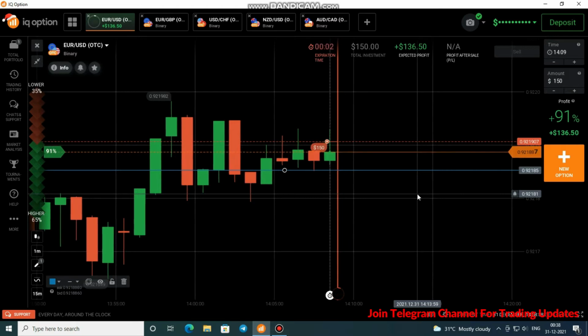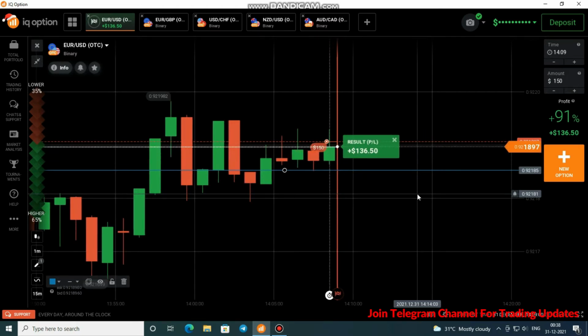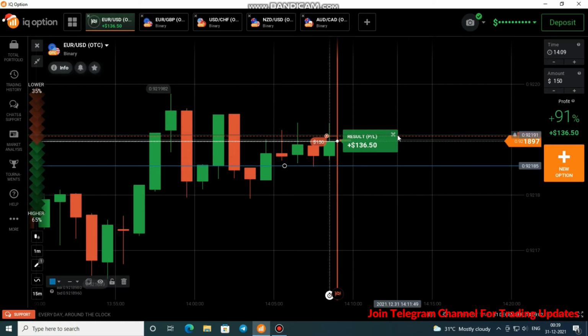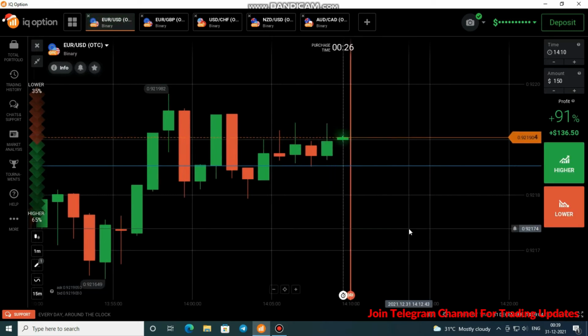Okay, finally it was also a winning trade, and I expect the present one should be bearish because there is a rejection and it's following the red-green pattern. But I don't trade it because it would be very time consuming, and now I'm going to explain the reasons for all of these trades. So let's move to the education part.